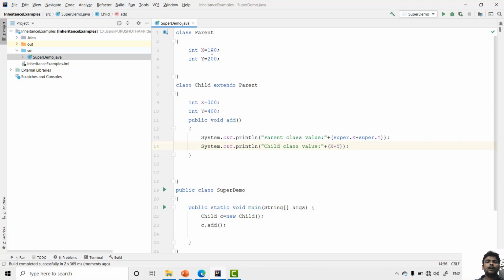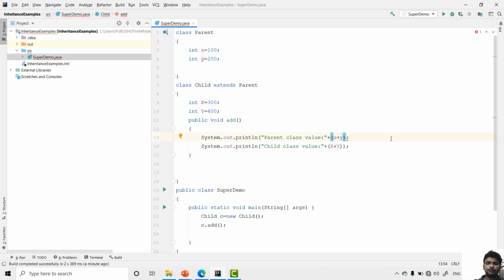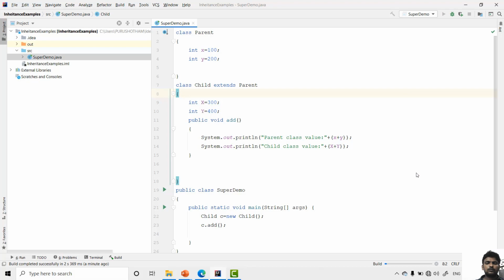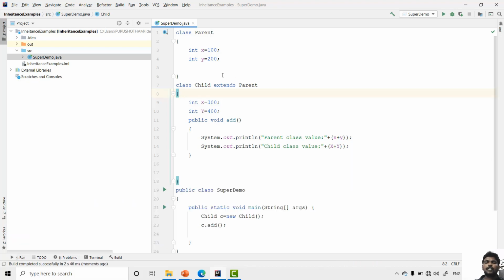If the variable names are different, suppose one variable name is x and the other is y, there is no need to use the super keyword, so directly we can use x plus y. See, x plus y directly you can use.